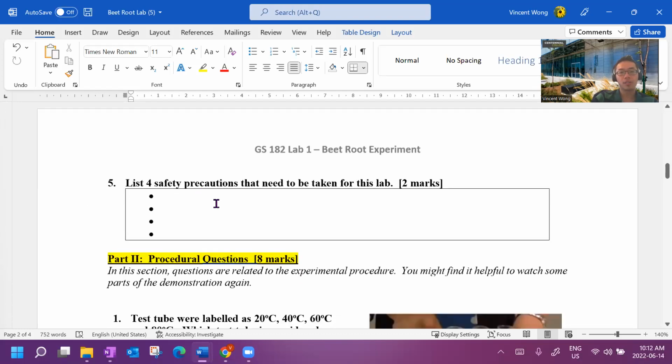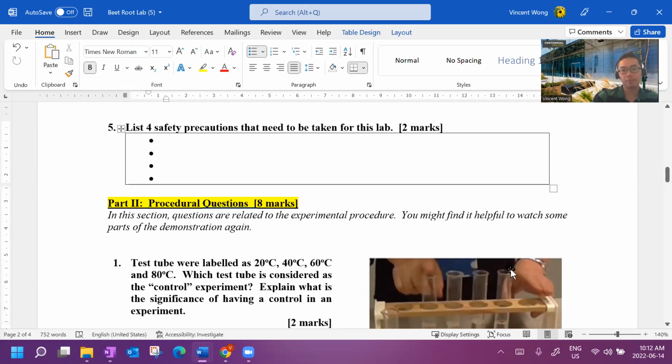Safety precautions. Try not to repeat yourself. Some people say wear goggles, and the next one is wear gloves. Next one is wear aprons. All this is the same thing. It's basically wear PPE, personal protective equipment. Think about the actual type of precaution that you have to take when you're doing this lab,